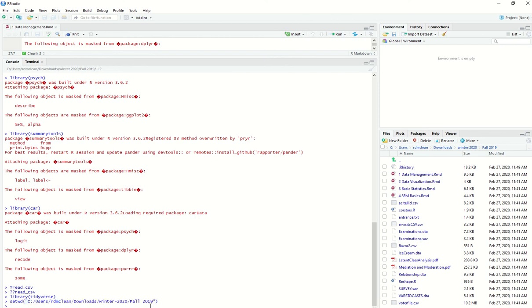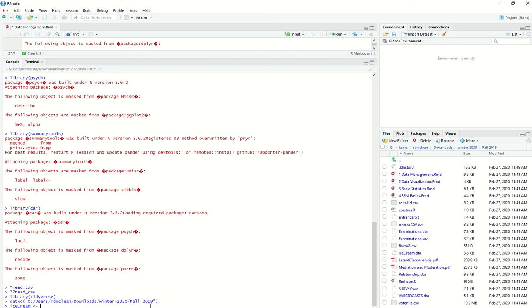When pulling in a file, there are a few different types of commands. The first part is whatever name you want to give it. I'm going to name mine ice cream. Then you have to do the assign, which could be an equals sign, but in R it's the less than sign and then the dash. So ice cream assign, and now I'm going to go into